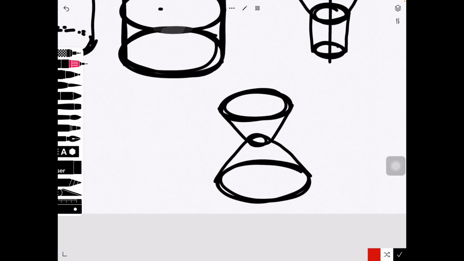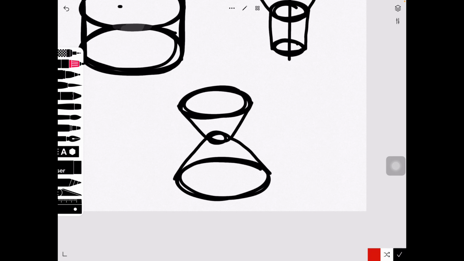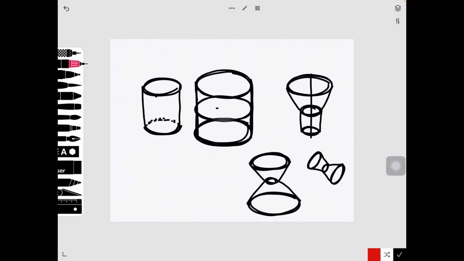Your job right now, 4th or 5th graders, is to practice making a couple of these interesting, cool cylindrical shapes inside your sketchbook. You can even practice turning these objects on their side, or turning these ellipses and making them in different views. You can try to combine way more than 3 ellipses and see what kind of interesting shapes that you can create. So I want you to practice that now,